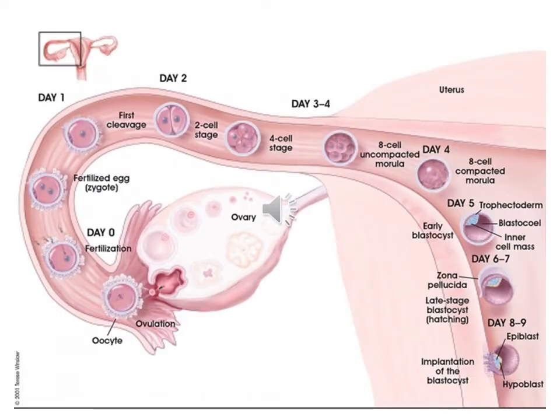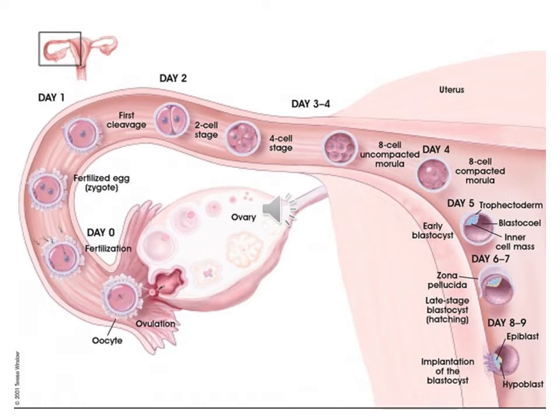Here I took one three-dimensional view of the uterus, or the female reproductive system. Here you can see there is an ovary, and a part of the uterus along with the fallopian tube is shown. Now you have to correlate all the things which we have learned before. We will revise those things again and come back to our next point. Now from the ovary, the ovule or secondary oocyte has been released.